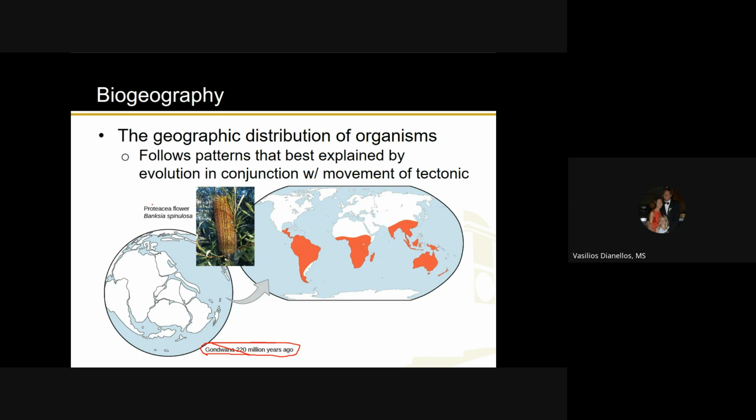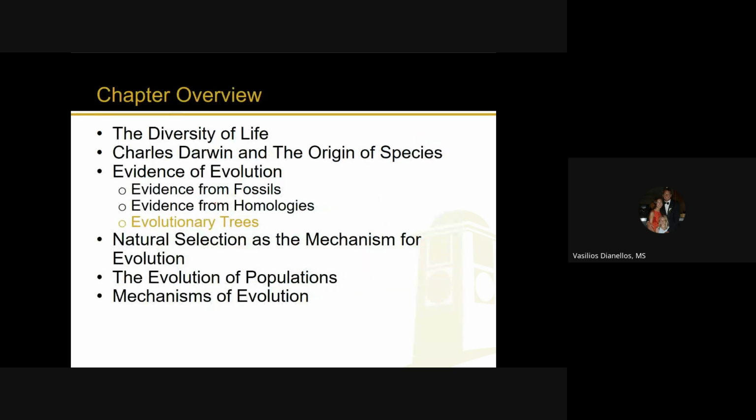And also, once again, this flower is just an example. So I'm not going to ask you about the name of this supercontinent or this flower. I just want you to keep in mind that there were times when the land masses were together. So that explains some of the distribution of similar species. All right, let's talk about evolutionary trees.